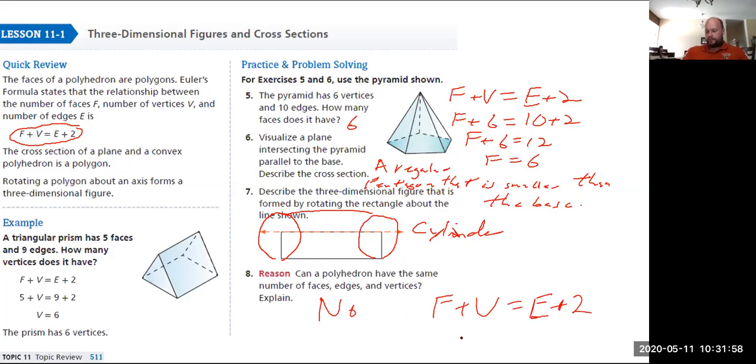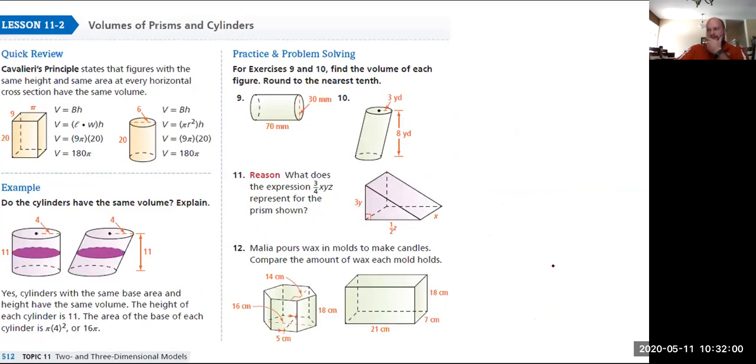All right. Moving on. On the next set here, now we're looking at 11-2. This was volumes of prisms and cylinders. Now, the thing you gotta remember about this review is this review is focusing on volume. I'd say that the biggest chunk of your test comes from the volume stuff, but there is some surface area